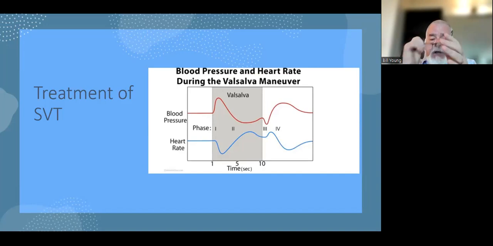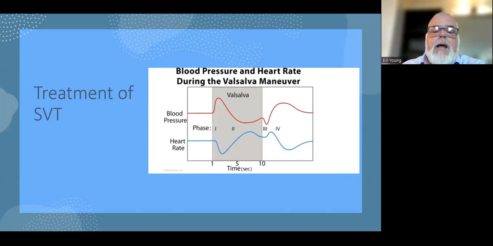And it may take several times for it to work. The challenge, ladies and gentlemen, is if your patient is already dyspneic, they're probably not going to be able to do this, which would mean now we want to look at, as we'll talk about in a minute, either medication or moving on up into addressing this with